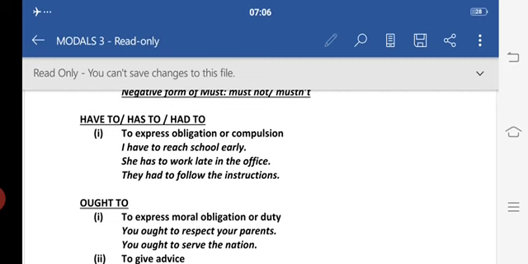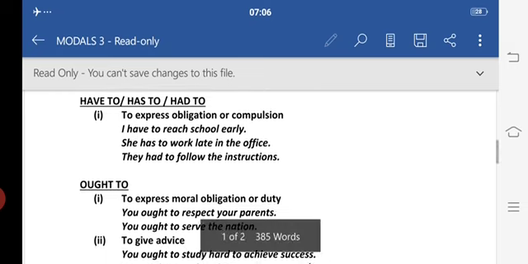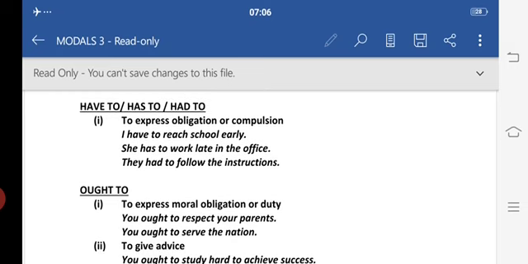So for the purpose of must, I'll use had to in place of must, and the past form of must is had to. And for this I have to use a time expression like the words yesterday or in the last month or last year. Now students, one more confusion I would like to clear.